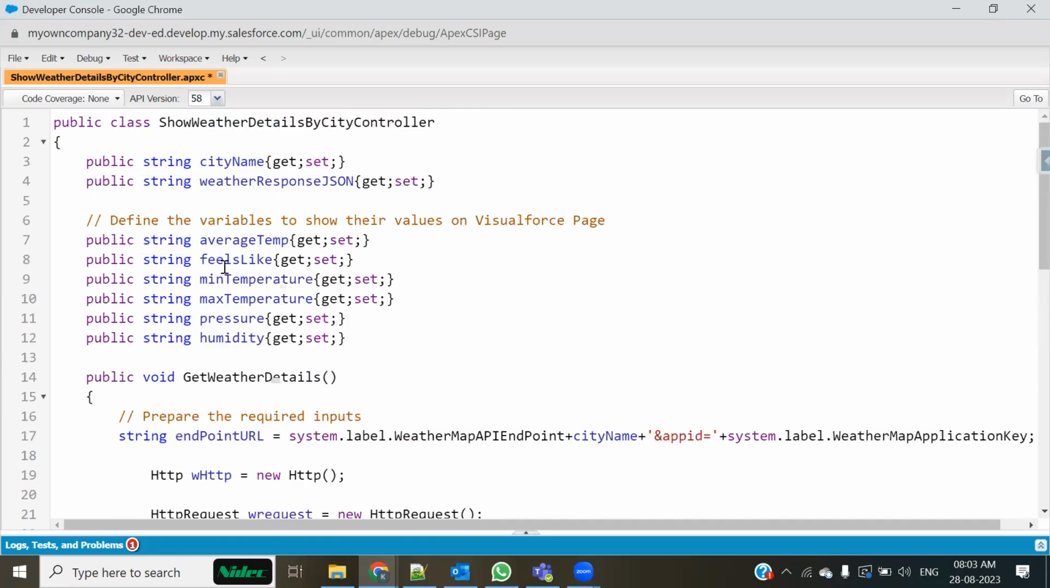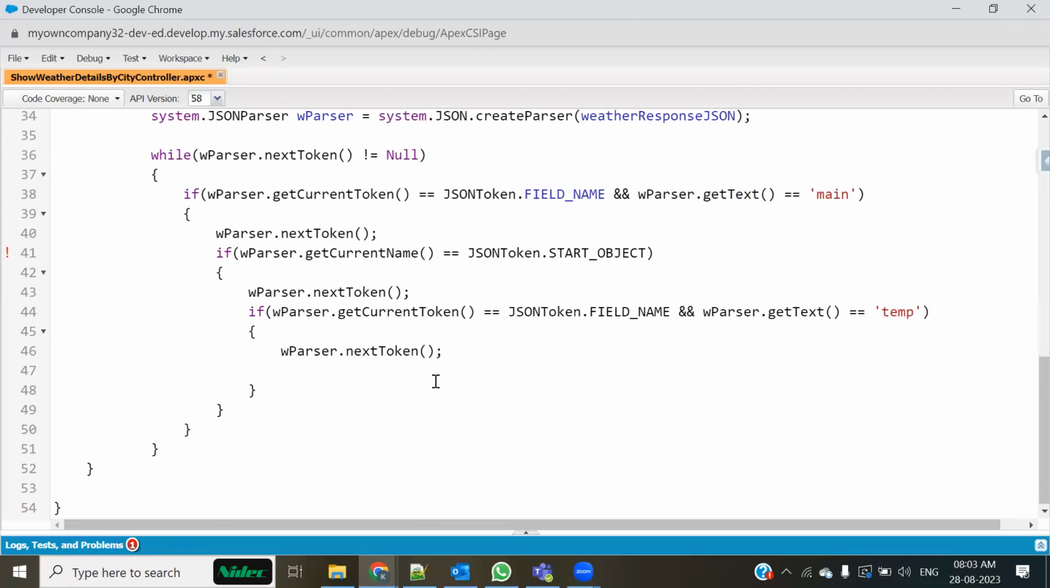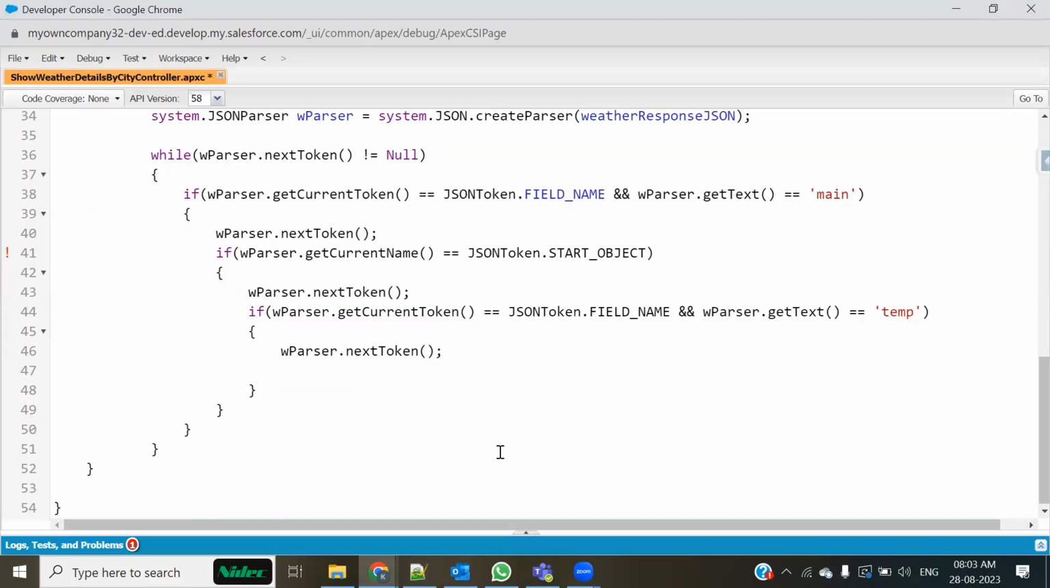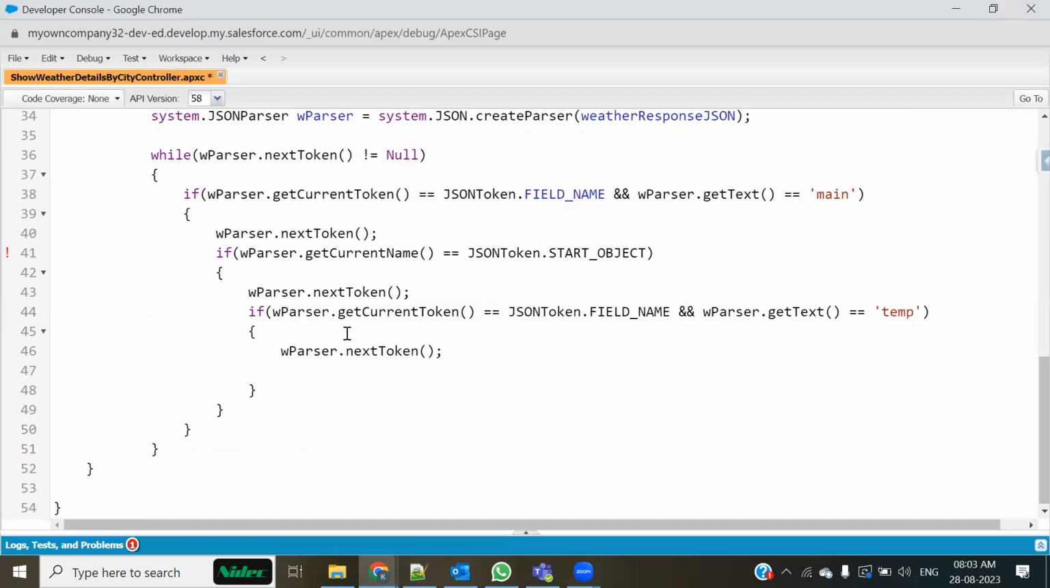We have defined a variable called average temperature. I would first store that inside this. Because that's a decimal value, 299.16, to get that decimal value I'll have to use the accordingly appropriate function. So I would write average temperature. First of all, I'll have to store the value inside this variable. Average temperature value equals get the value of, so now